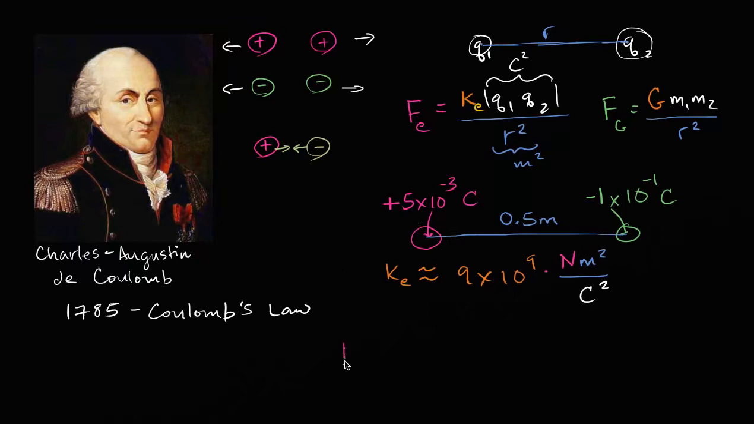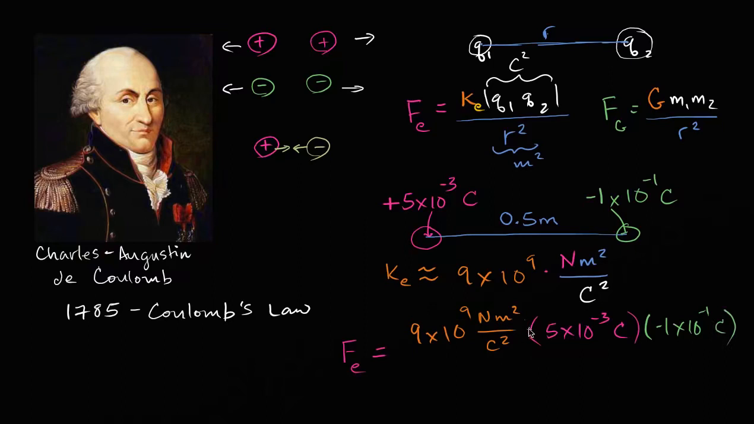So it is going to be, and this is really just applying the formula, 9 times 10 to the ninth, and I'll write the units here, newtons meter squared over Coulomb squared, and then Q1 times Q2. Actually let me just write it all out for this first time. So it's going to be times 5 times 10 to the negative 30 coulombs times negative 1 times 10 to the negative 1 coulombs. And we're going to take the absolute value of this, so that negative is going to go away. All of that over